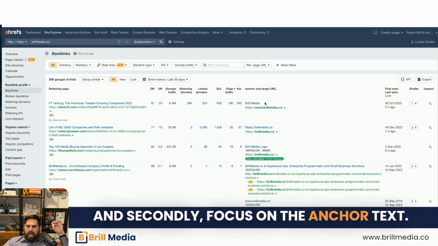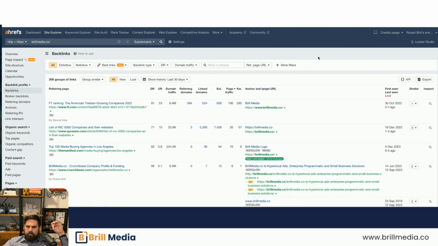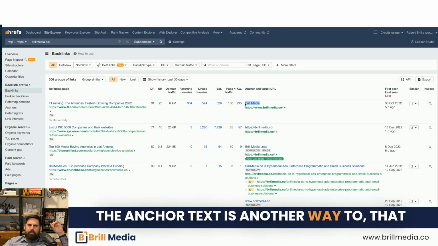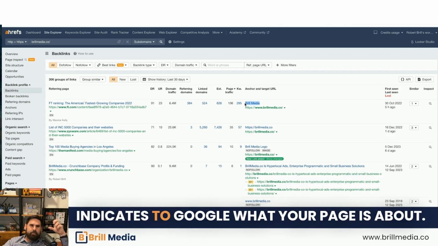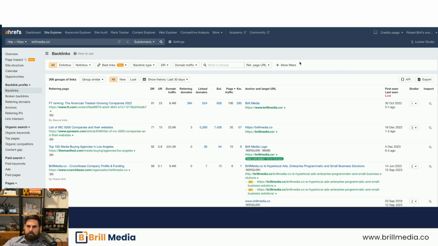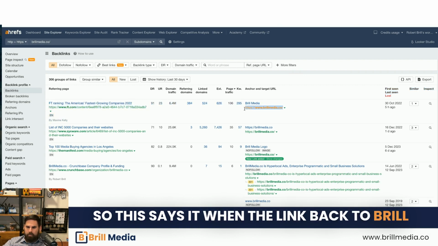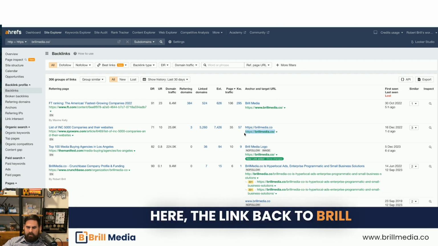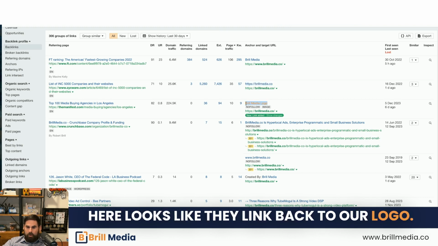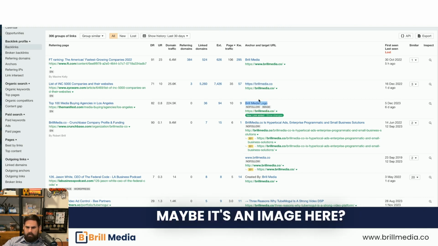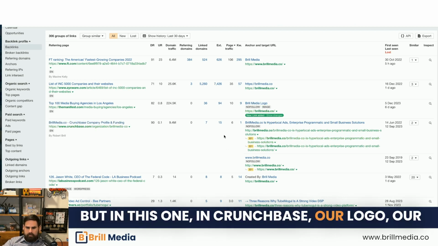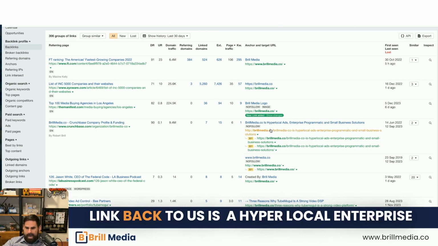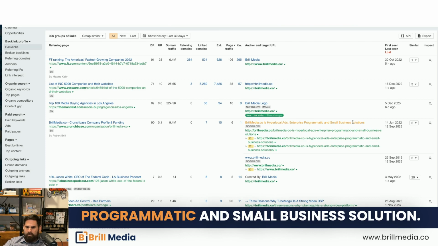And secondly, focus on the anchor text. Yeah, it says anchor text right here. The anchor text is another way that indicates to Google what your page is about. So when they link back to Brill Media, they link it on the phrase Brill Media. Here, the link back to Brill Media is on the URL. Here, it looks like they link back to our logo, maybe it's an image. But in this one, in Crunchbase, our link back to us is a hyperlocal enterprise programmatic and small